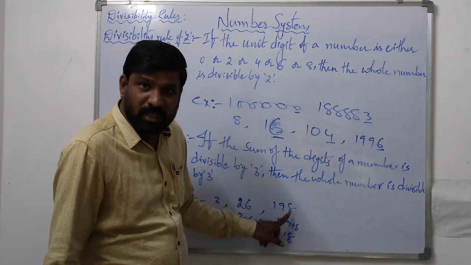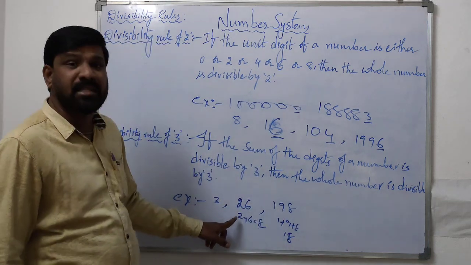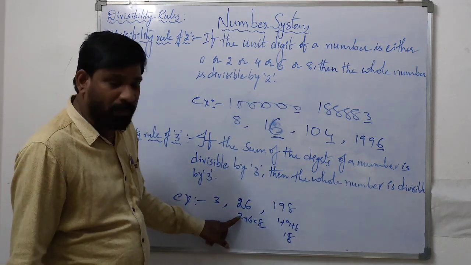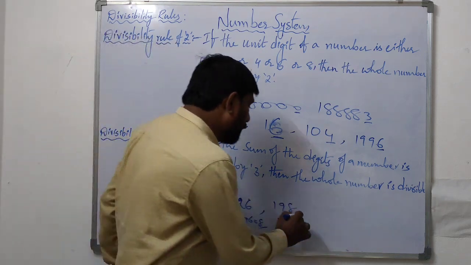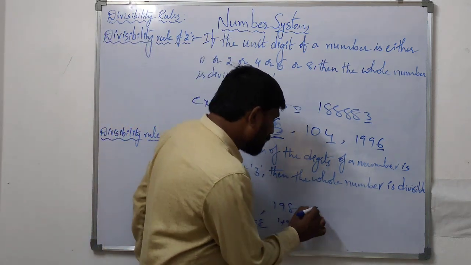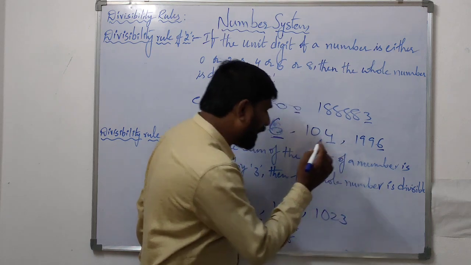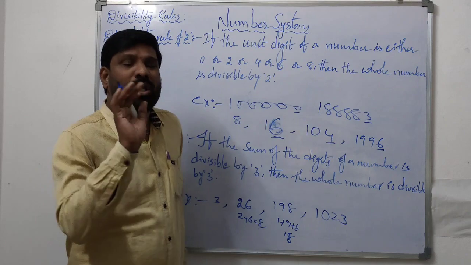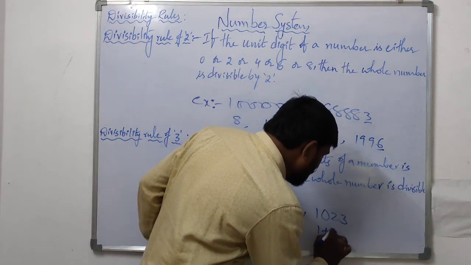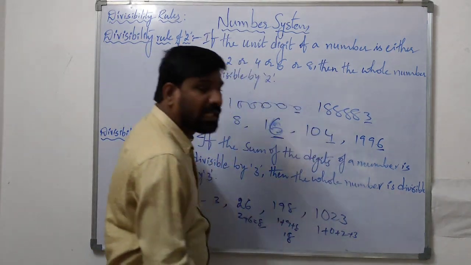This is the 3-digit number definition, and this is a 2-digit number example, and this is a single-digit number example. And at the same time, you can take up a 4-digit number also. Suppose I take 1023, this is a 4-digit number. In this case also, what you have to do is add all the digits present in the given